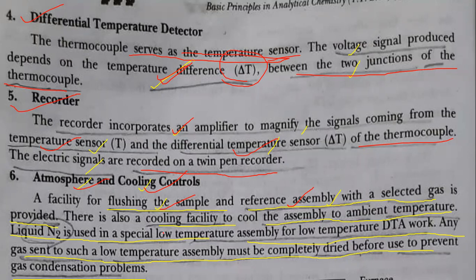Okay, so for this sake, liquid nitrogen is also provided over there, because any scientist who expects to carry out the experiment at a very low temperature, the only way to maintain the low temperature is the use of liquid nitrogen. So it is not necessary every time that we are going to study the sample with heating only. Sometimes there is a need to decrease the temperature for the study of the sample. In that case, things change.